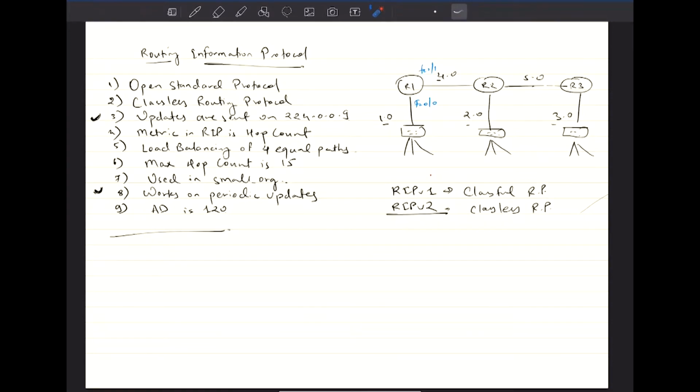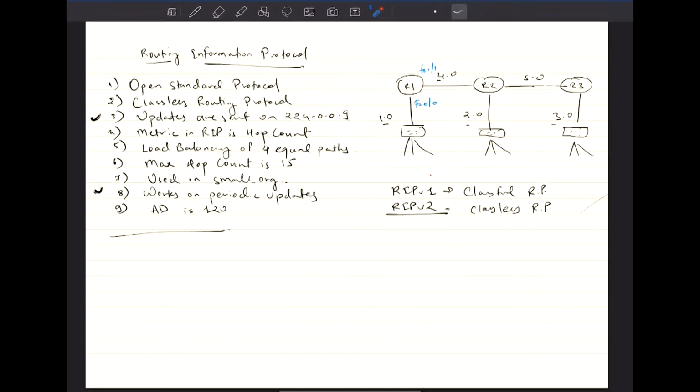Dynamic routing protocols allow you to advertise your directly connected networks, and the other routers present in the topology will get that advertisement on a multicast address, like a class D address. Then the routers will learn about the updates and try to add those learned routes into the routing table if the criteria match. Like, if we compare with static routing, instead of adding 2, 3, and 5 into Router 1's routing table,